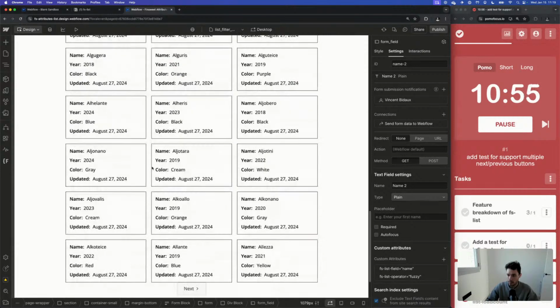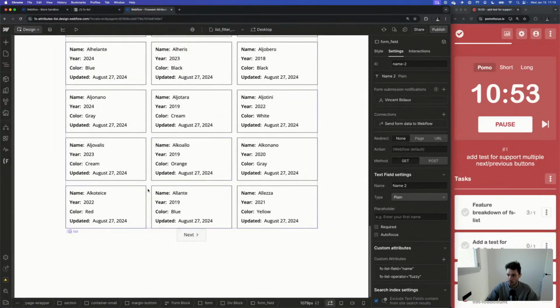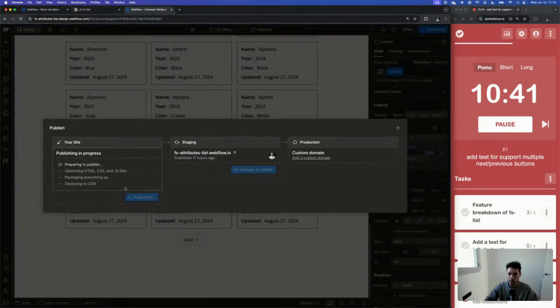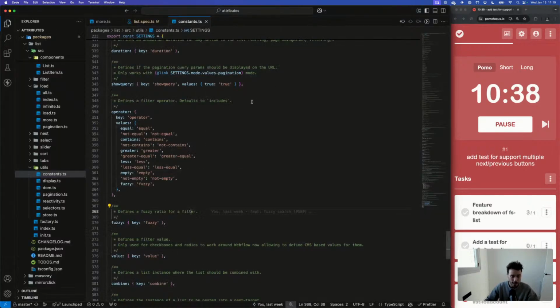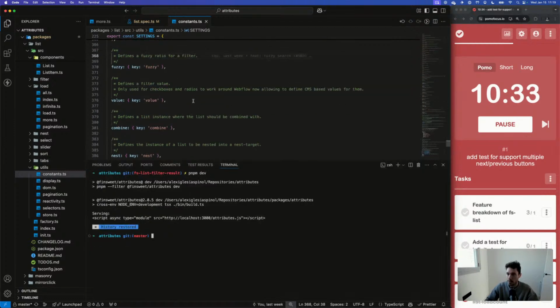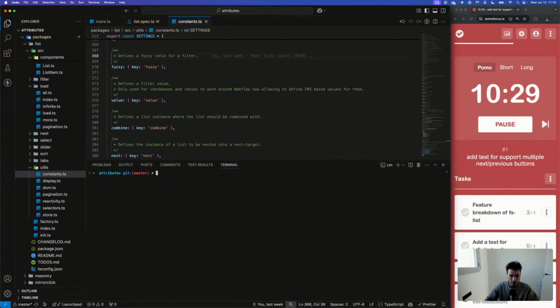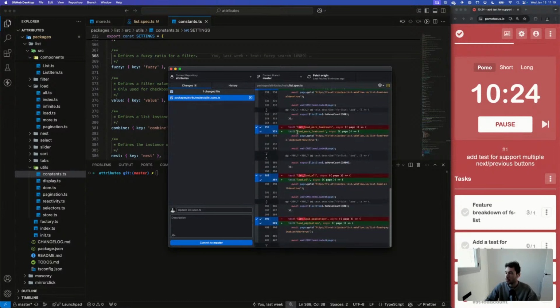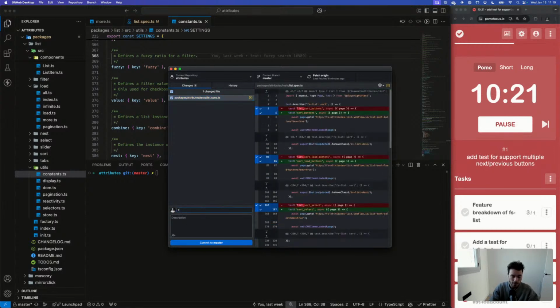Okay. Let's start with this. Let's start testing, manually testing, and then we can do automated tests. So I'm moving into a different branch. This is a small refactoring that I did.